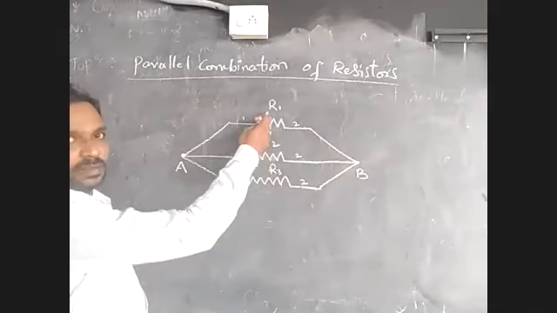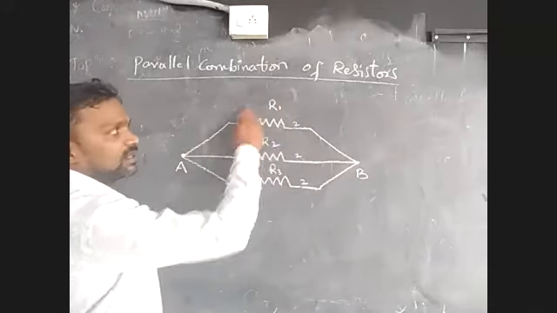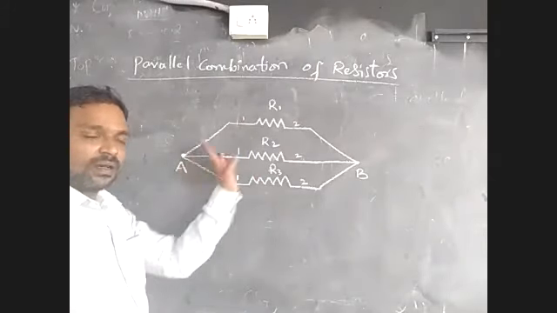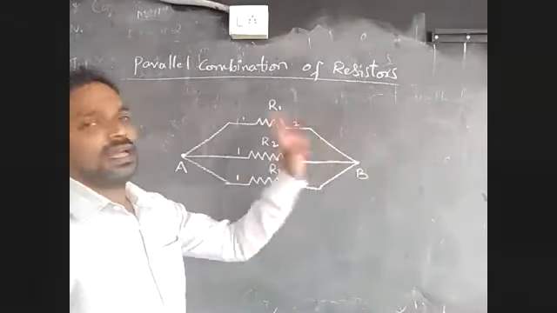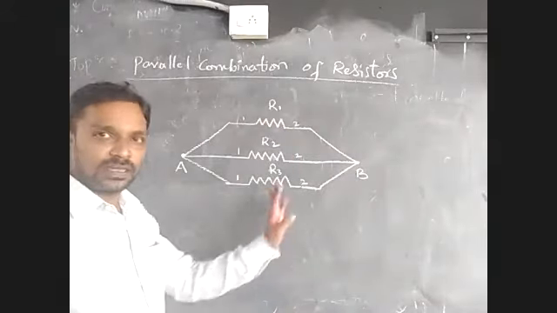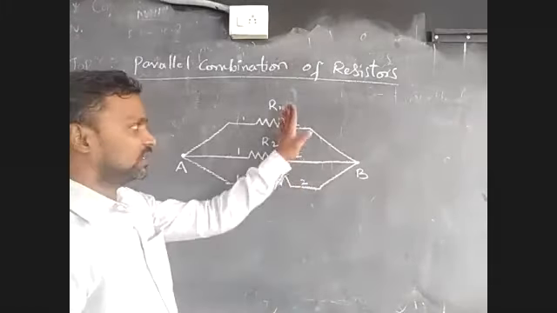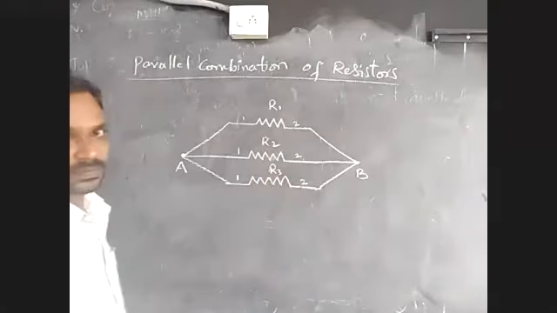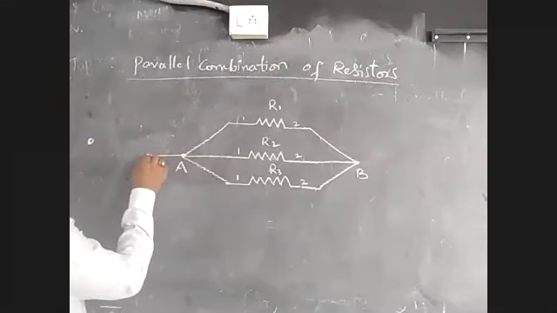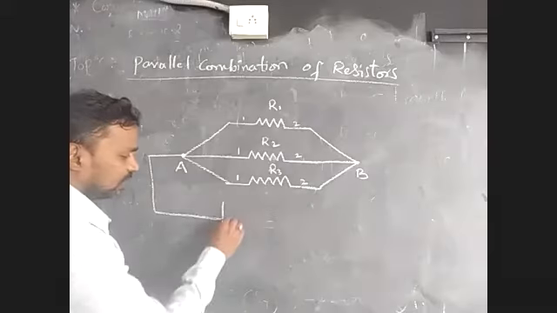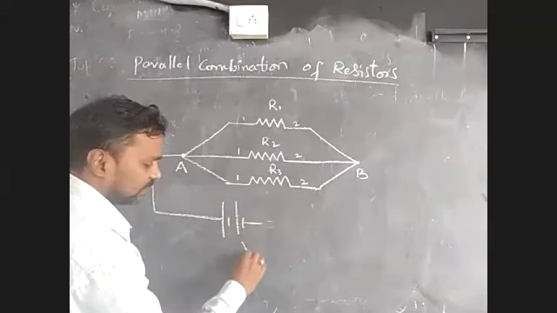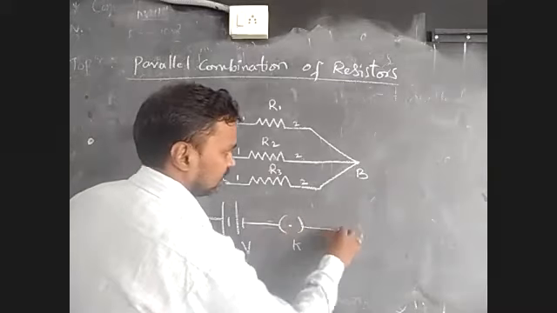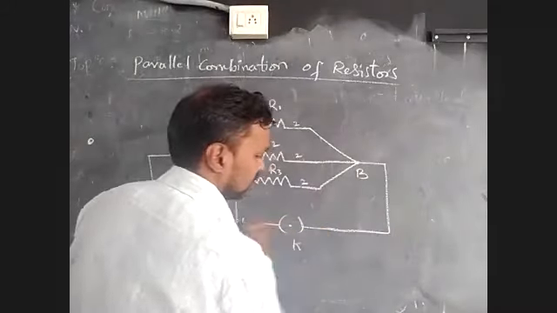If bulbs are there in the place of resistors, connect all the first terminals to one common point, and all the second terminals of the bulbs to another common point. So like this, we will be connecting. Instead of the resistor, it can take a bulb, switch, cell, battery, or the like. Now, this is the common point. This is connected to a battery. This V is a battery, let us think. And we have a switch, and this is connected to it. So this is the combination of the circuit.